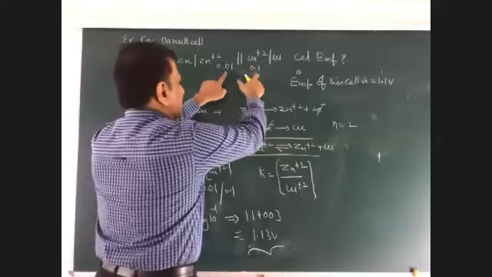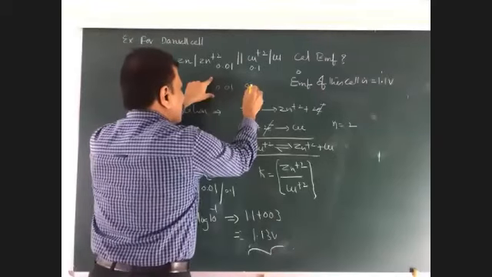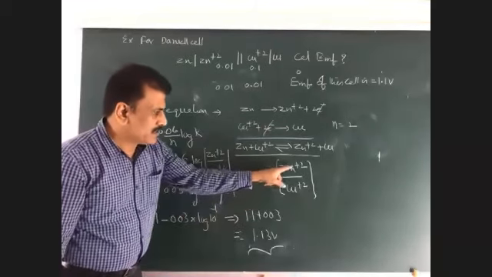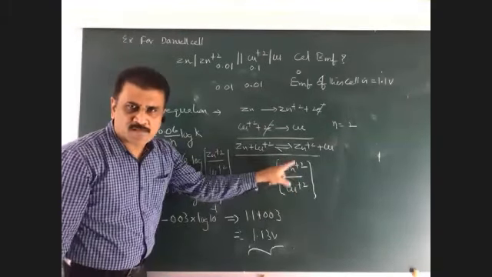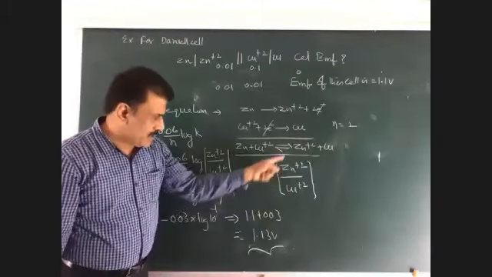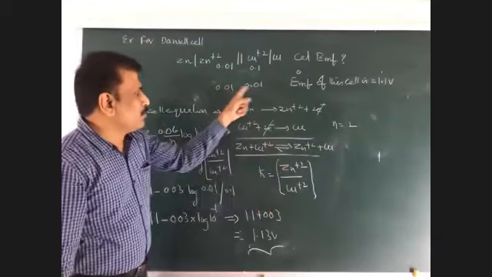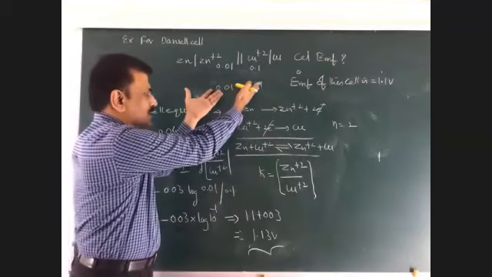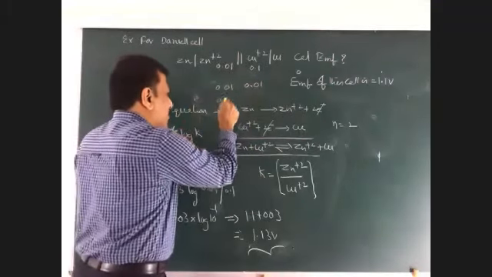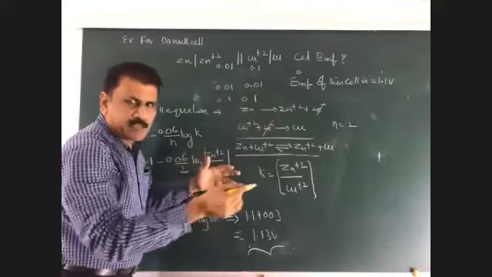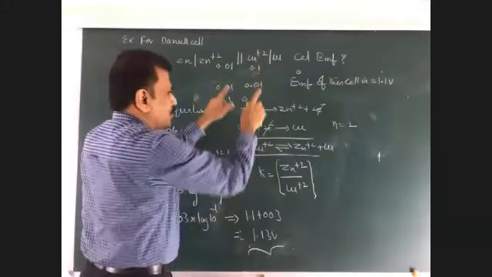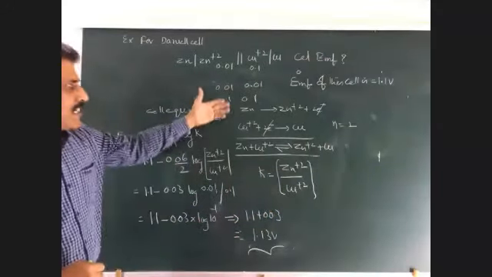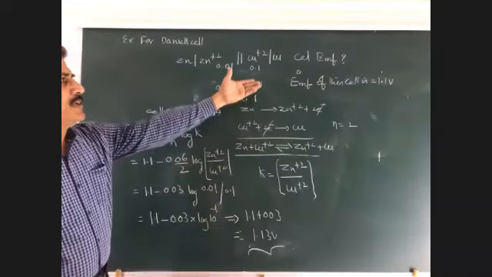In case both are the same, look at the second option, 0.01. Here also 0.01. So it becomes log 1, which is 0. Therefore, if both concentrations are identical, the EMF does not increase or decrease. 0.01, 0.01, 0.1, 0.1, 10, 10, whatever it may be. Therefore, the concentrations of these two solutions should not be equal in order to change the EMF. That is a concept you should understand. So this is the case with the galvanic cell, or simply the Daniell cell.